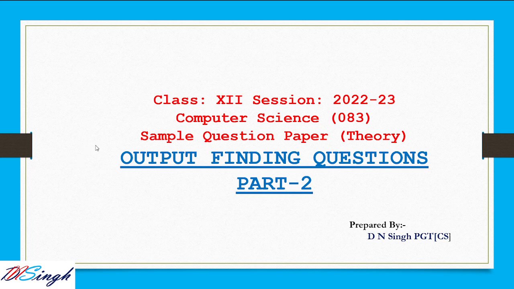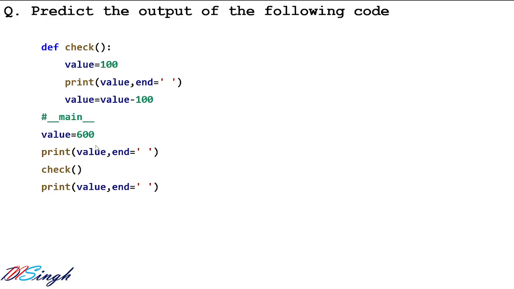This is part B, or section B, in which the questions come for 2 marks. The question code is given and from that code you have to give the output. So you need to dry run the code. Let us see the